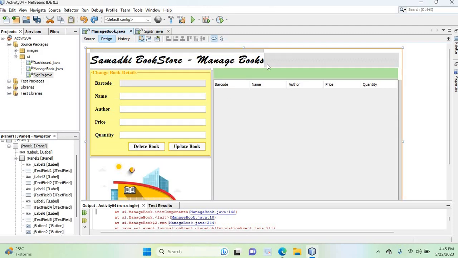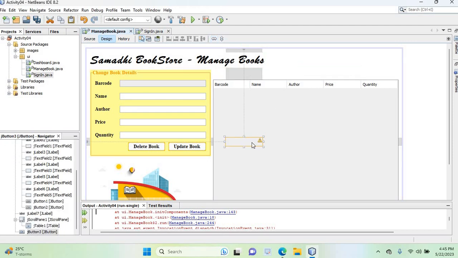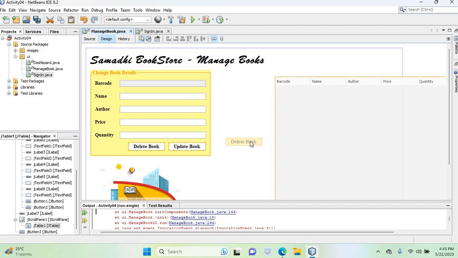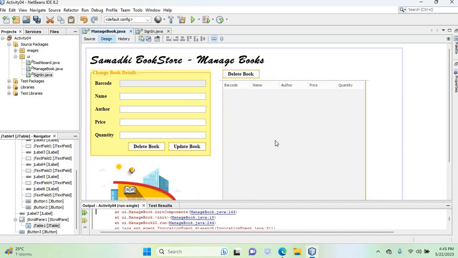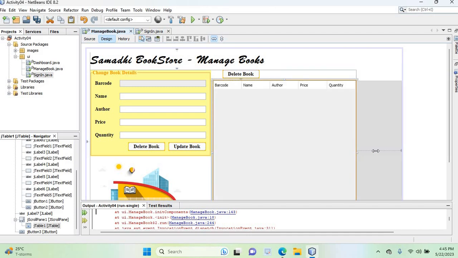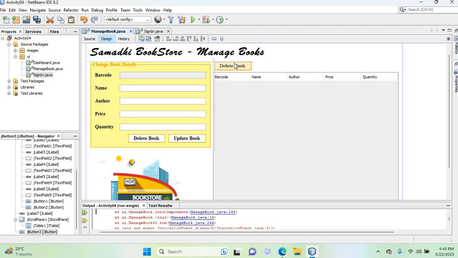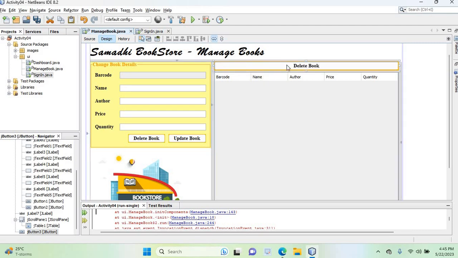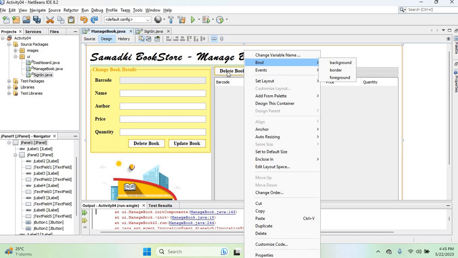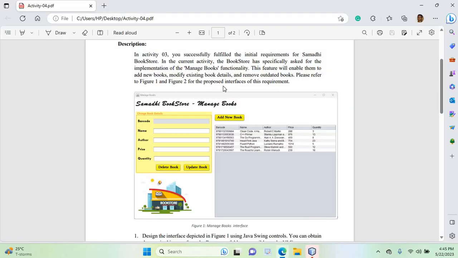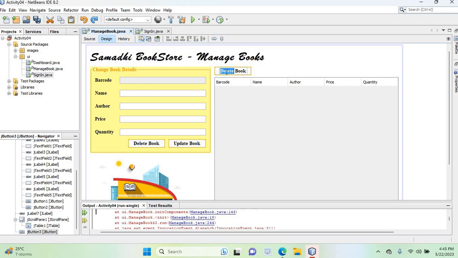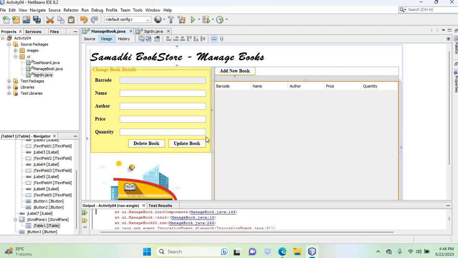Copy, and I'm going to paste it. Okay, so like this, yes, like this I'm going to, and this add new book button. Okay,